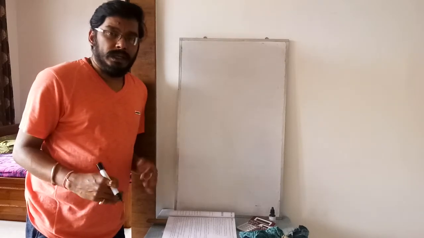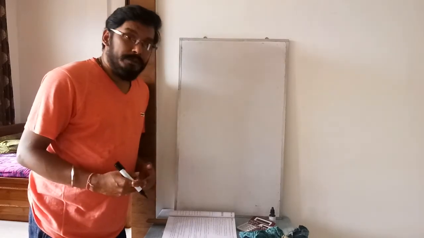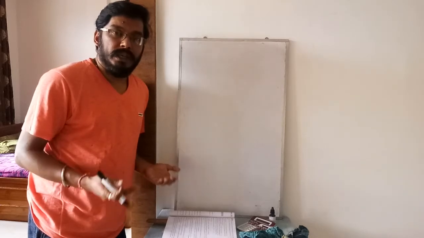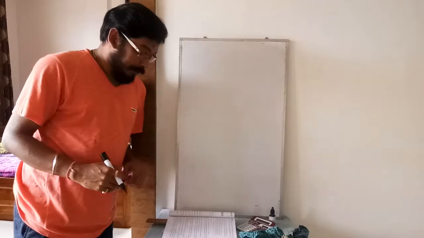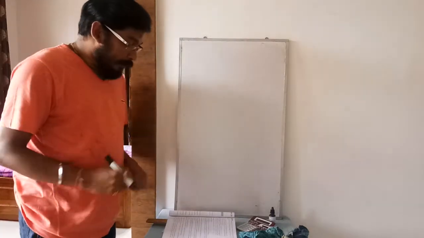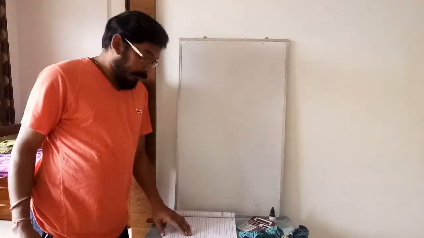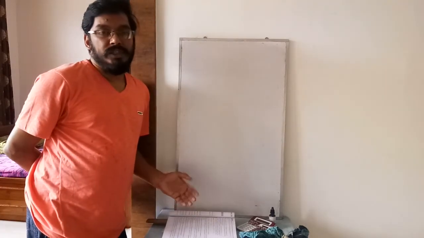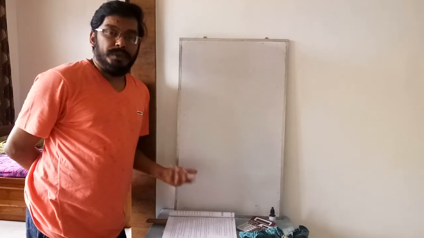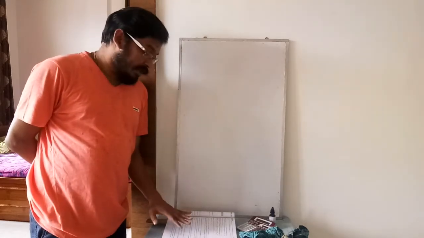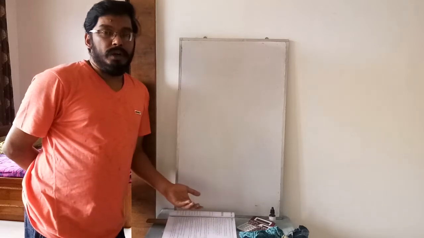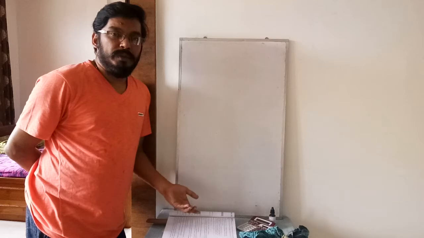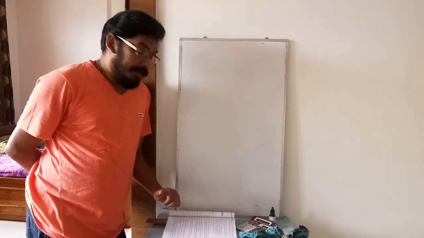But why is the time different? Because in downstream the speed will increase, and in upstream the speed will decrease. If the speed of the stream is 2 km per hour, find the speed of the boat in still water. The stream speed is constant here, 2 km per hour. The speed of the boat will change in downstream and upstream. In downstream it will be more, and in upstream it will be less.